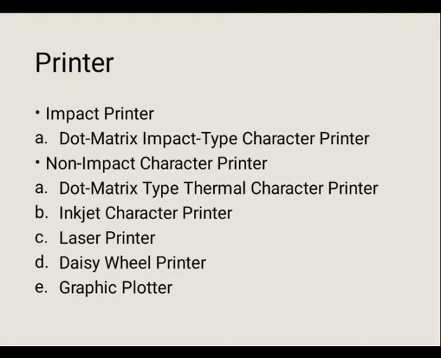Dot matrix printers are very flexible. Next, in the non-impact character printers, they use thermal, electrostatic, chemical or inkjet technologies. In the first dot matrix type, thermal character printers, they use a special heat sensitive paper. These papers have a special heat sensitive coating. When a spot on the special paper is heated, it becomes dark. A character is printed with a matrix of dots. Such printers have a speed of only about 20 characters per second.